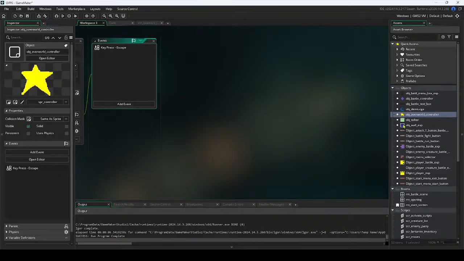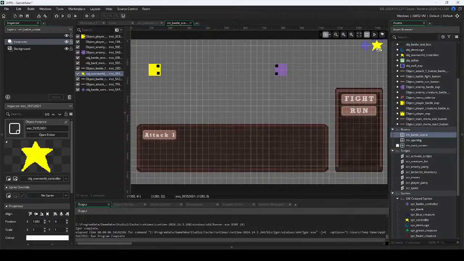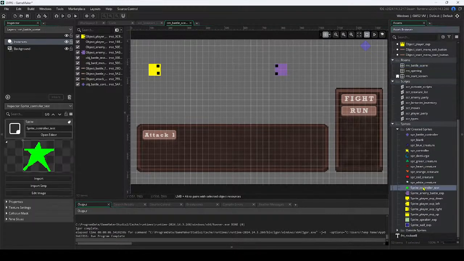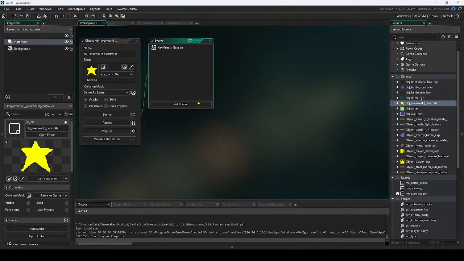And then we can actually really quickly open up room battle scene. Yoink. So there we go. We'll have object overworld controller, add event,